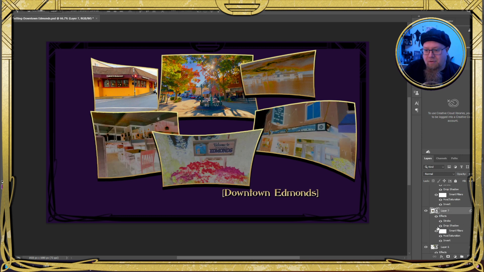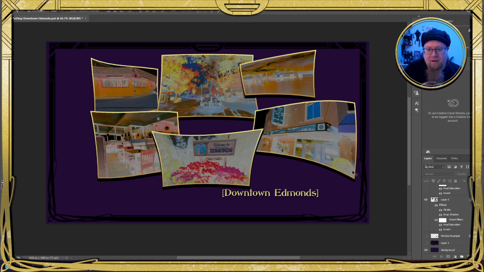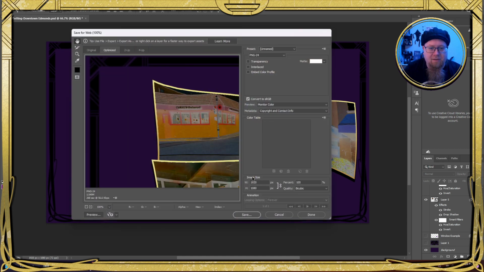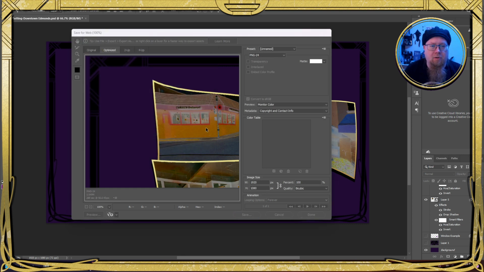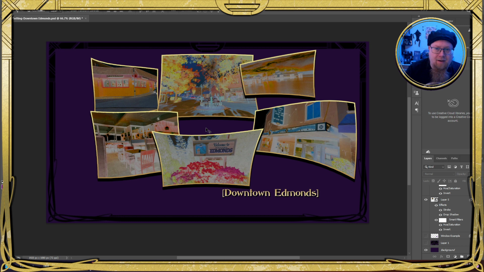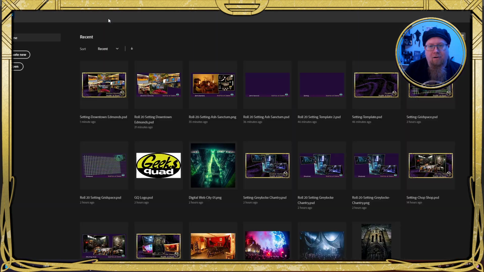So we turn on all the smart filters, and now we've got this image. We'll do the same thing, and we're going to save this as Downtown Edmonds dash Umbra, for the Umbra. There we go. Now, since we saved it earlier, we made that base version. We can just hit F12 to revert back to this. And we have created our backdrops for Roll20.